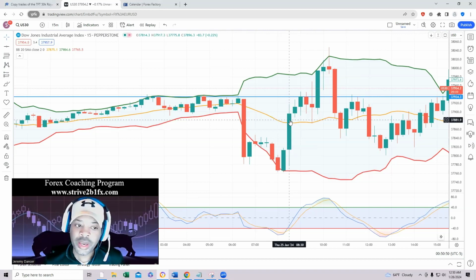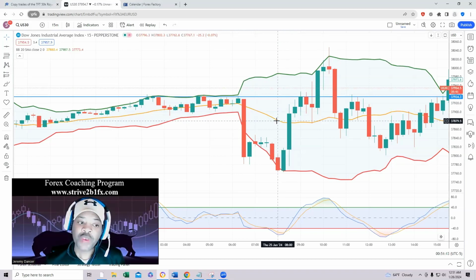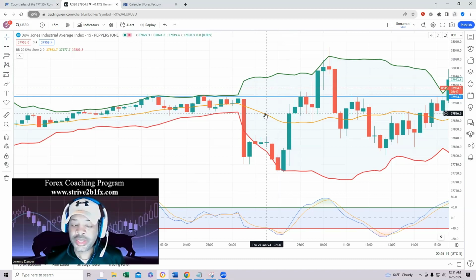One of the reasons why I use Bollinger Bands is because it's the easiest way to identify price action. So that's one of the first things I teach my students to use because Bollinger Bands tell you so much information and they're very easy to use as well. This yellow band in the middle represents the value. So if the candles are above this middle band, then that's telling you that the real value of the price